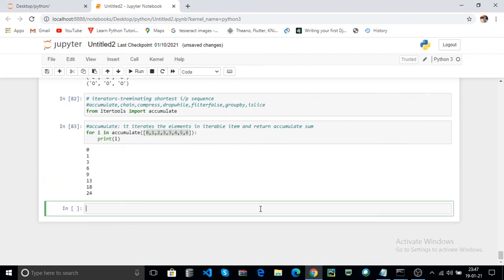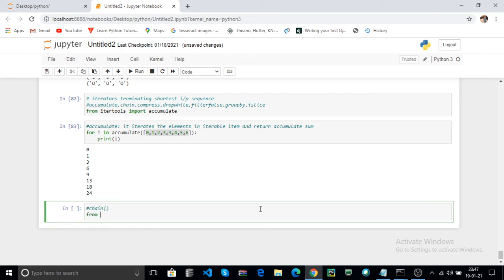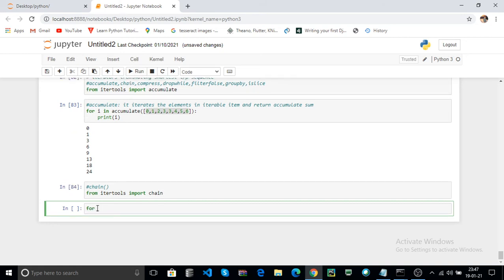Now use the chain function. First import chain, click on run. Now use the for loop, because this is an iterable object.